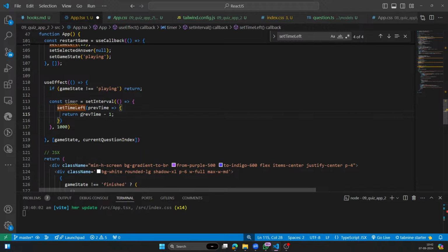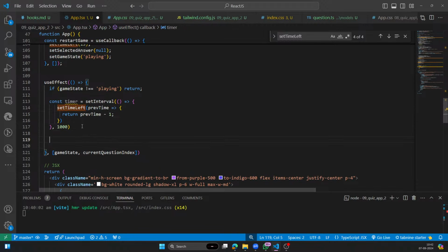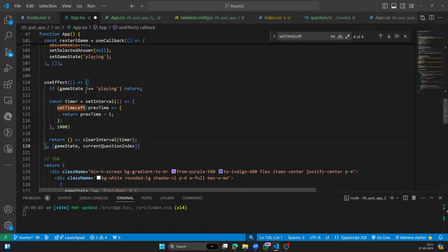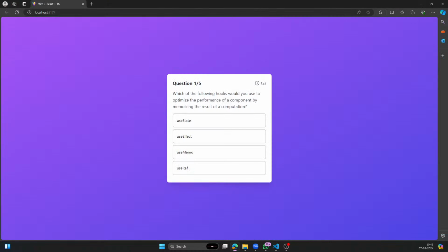What happened? Keep running, right? And we'll also return here. This is for when my component is destroyed or unmounted, then what we want to do is clear the interval. Okay, so this is the return. Whenever this return function is called, this is the unmount, or you can say when we destroy it. This section is the mount on this dependency. Whenever this dependency changes, this will change. You can see, we'll go to the browser, and this keeps running, and it will go into minus also,